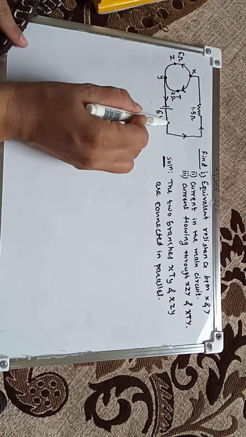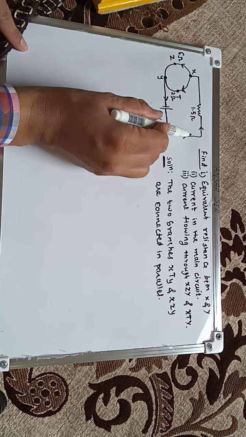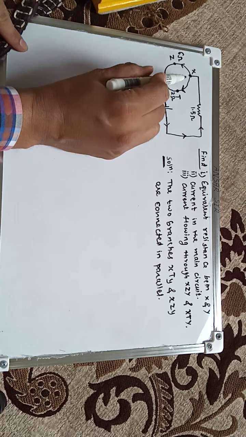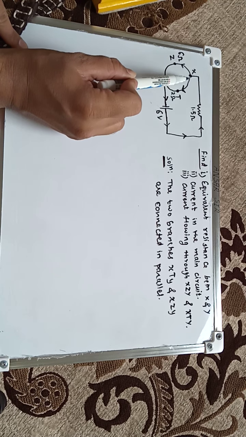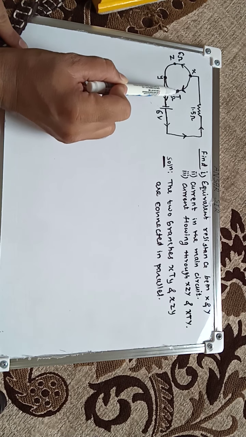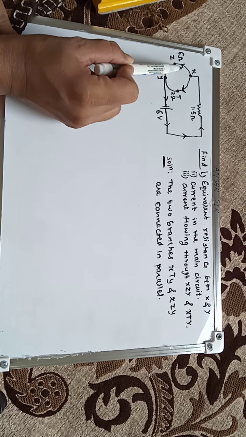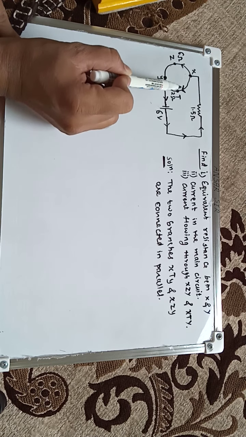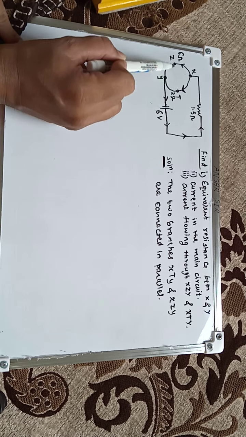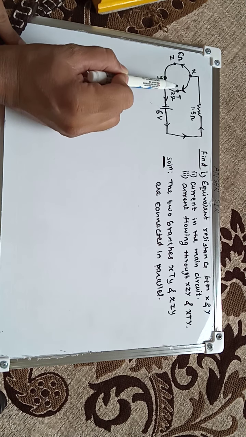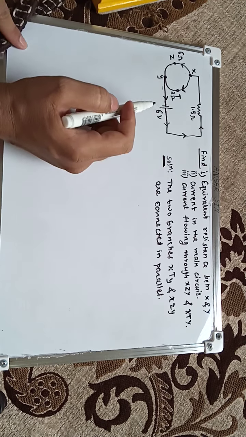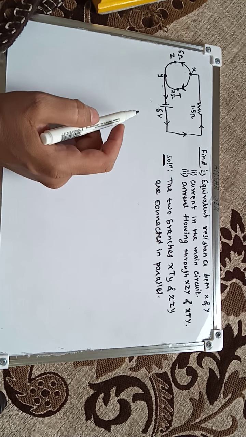See, the current is going from the positive terminal of the battery, conventional current. It will go straight and face some resistance here, 1.5 ohm. Then the current will come up to point X, and from point X the current will divide into two branches. Some current will go through this 2 ohm resistance, XTY, and some current will flow through XZY. We have already studied that whenever current divides into branches, the branches are said to be connected in parallel. Then the current will reunite at Y and go to the negative terminal. So these two branches XTY and XZY are connected in parallel.